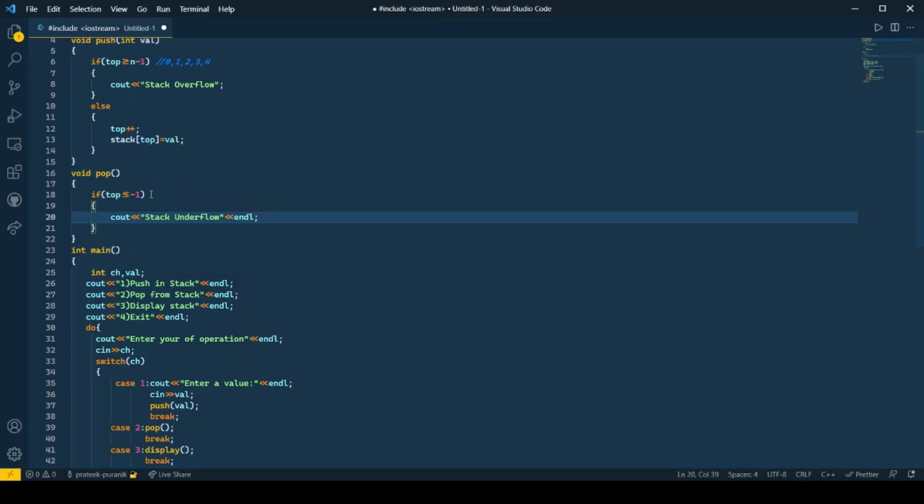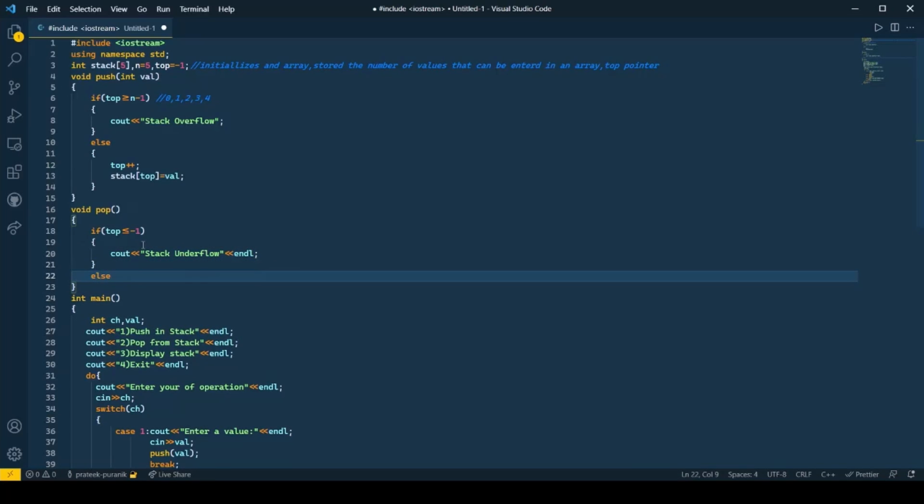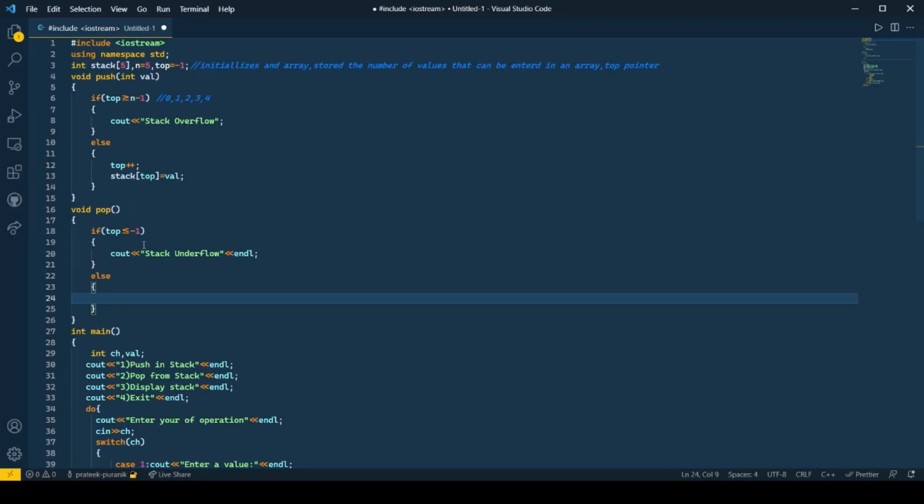If our stack pointer is currently pointing at -1, that means it is empty, so it would print stack underflow. Else, if it is not empty, then we would perform the delete operation or the pop operation, which is performed if this is not executed. So we execute it inside the else statement. Inside else we are first going to display the value which was just popped.